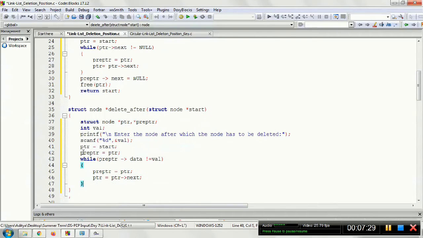Now once it is done, whenever this loop terminates, pre-PTR is pointing to that particular node after which the node has to be deleted, and the PTR is pointing to the node that is actually being deleted. Okay, so it's simple now. Whatever the PTR next we have, copy it to the pre-PTR next.